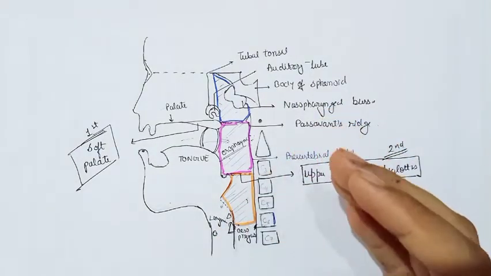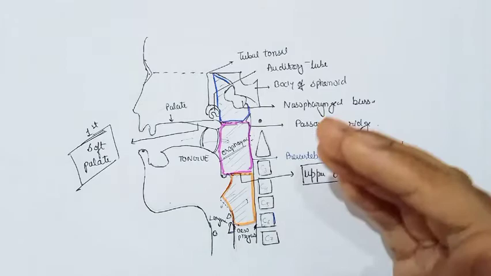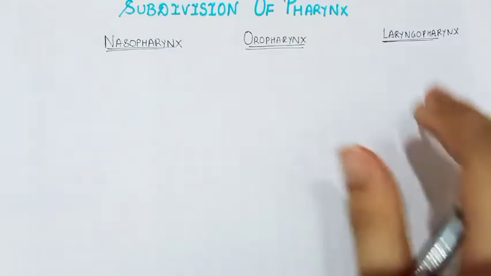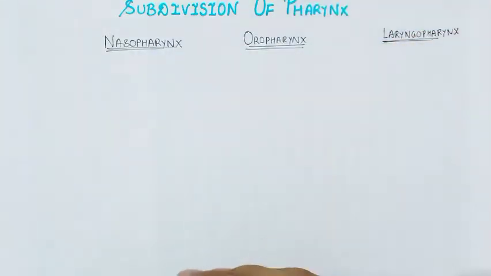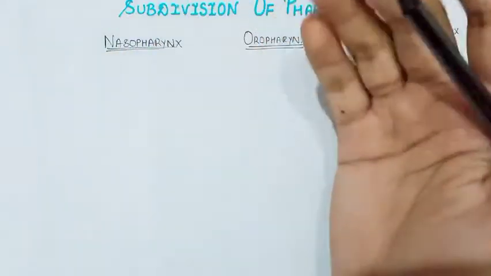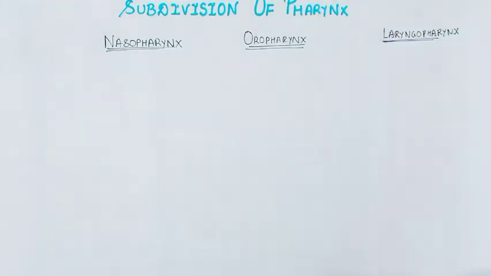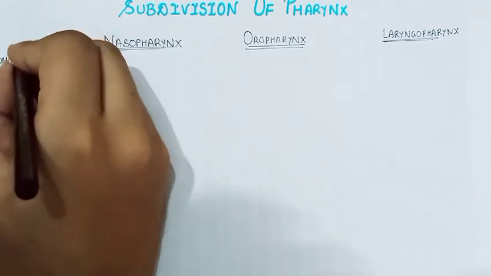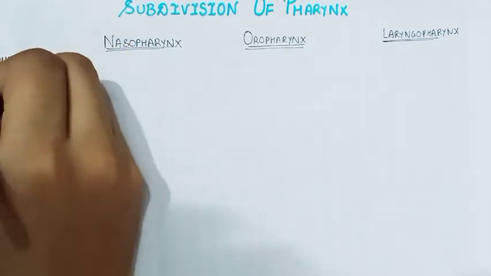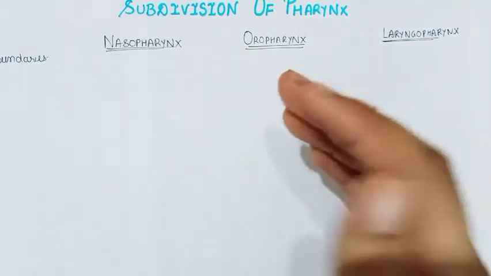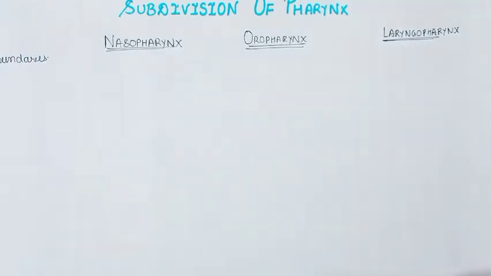Now let's move on to the theory part and write down all that we have discussed in the diagram. As I told you, we'll have a comparative study of all these subdivisions of the pharynx. The first basis of comparison is the boundaries or the extent, that is how they are related to the different parts of the pharyngeal tube. So let's start with the boundaries first. The first point to discuss under the heading boundaries is the anterior wall, or the anterior relations of these three parts.